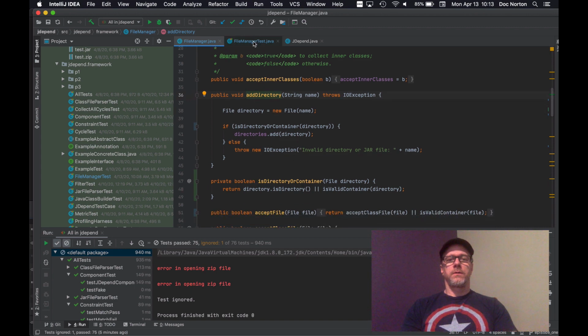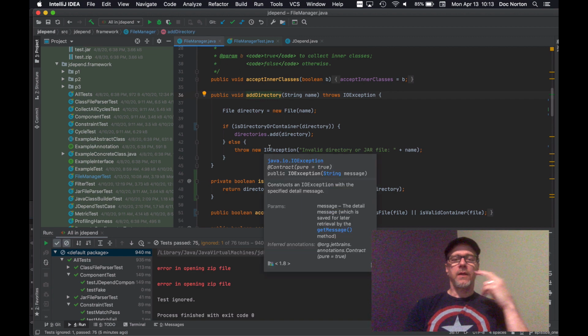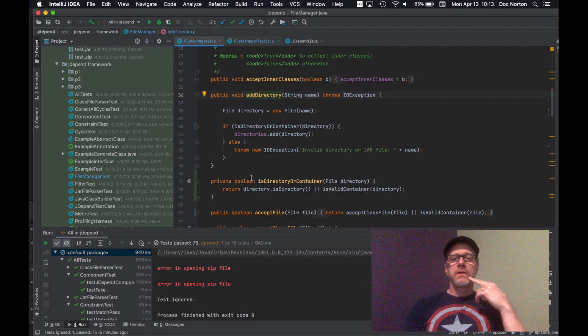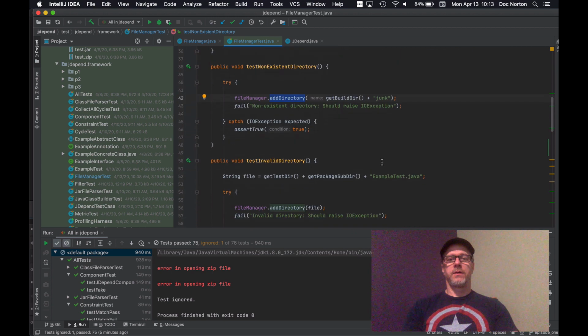So actually, add directory makes no distinction between a non-existent directory and an invalid directory. It doesn't tell us anything about that. I'm not going to add that behavior. What I want to do here is make these tests a little bit better,